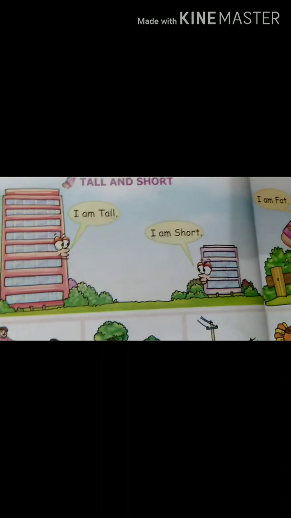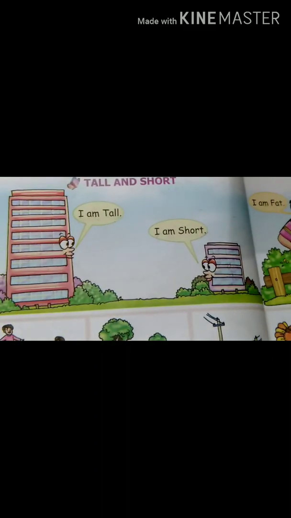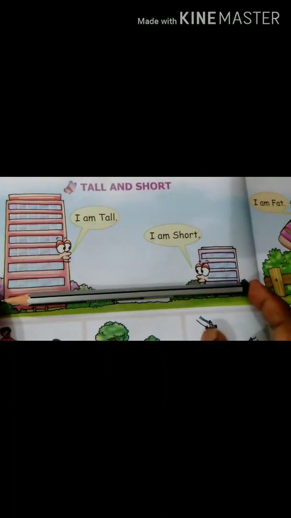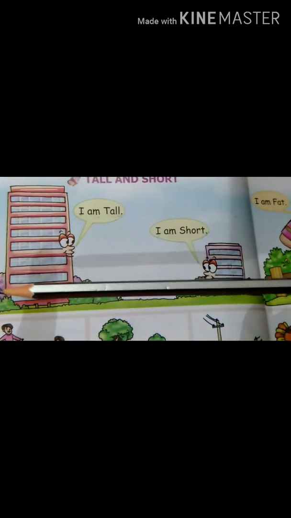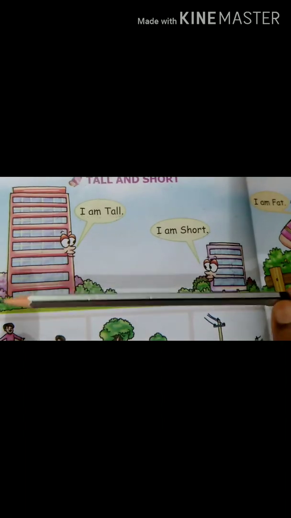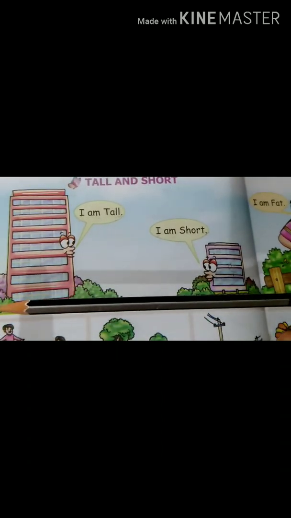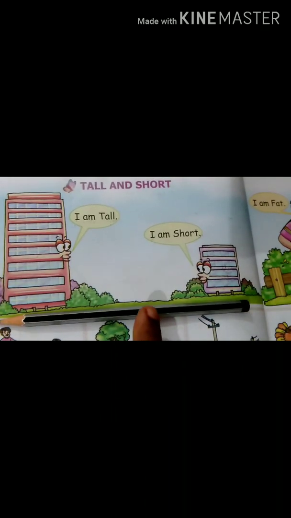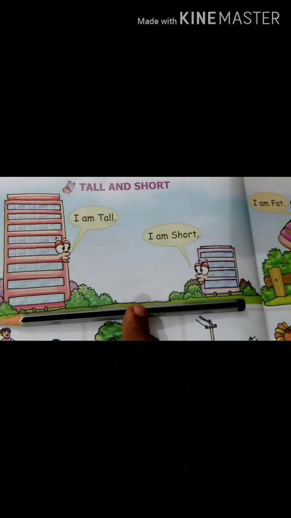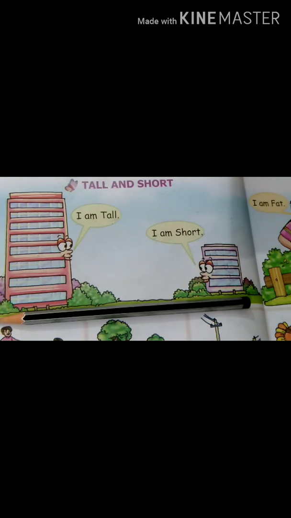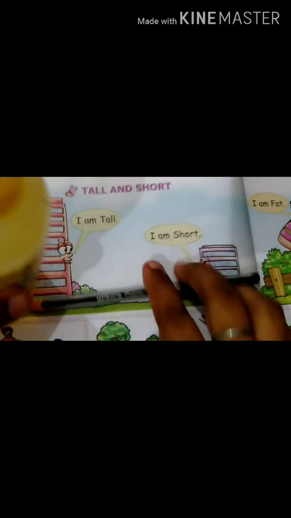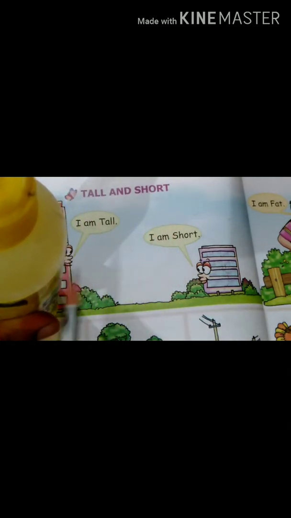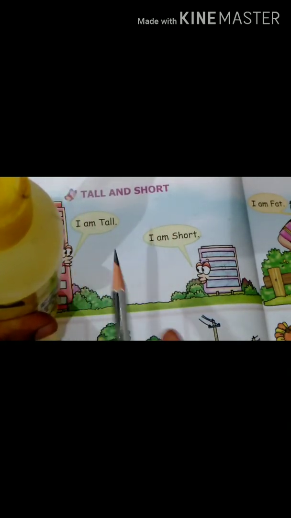No? Now see, all of you. I spoke, this pencil is long. Why do I say this? A thing we can measure in horizontal position, we can say it is long, and a thing we can measure in vertical position, in standing position, we can say it is tall.